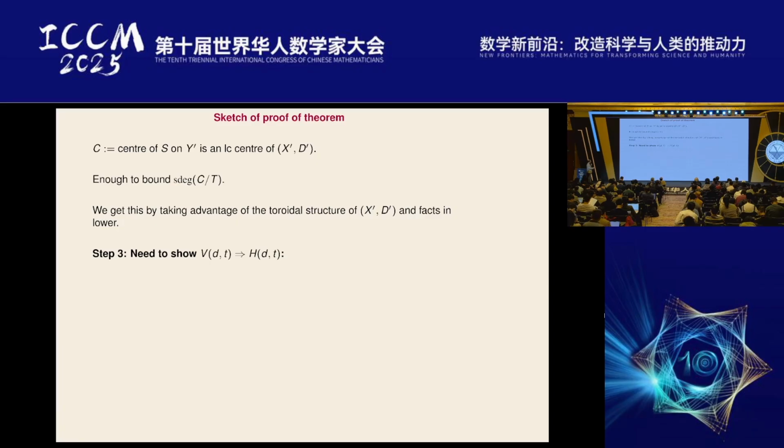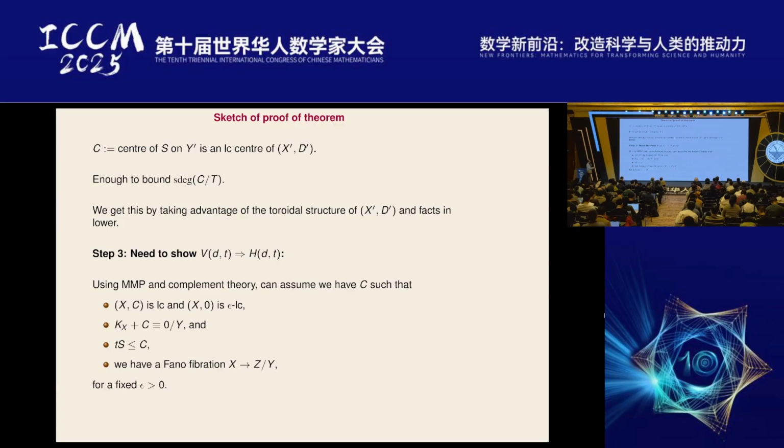Okay, and then finally, one has to go from the vertical setting to the horizontal setting in every dimension. And this again relies on similar technology, so I'm not going to repeat it again. And finally, anyway, we put everything together and we get this universal bound for the Stein degree in the geometric setting. But as I said, the arithmetic setting is still missing here